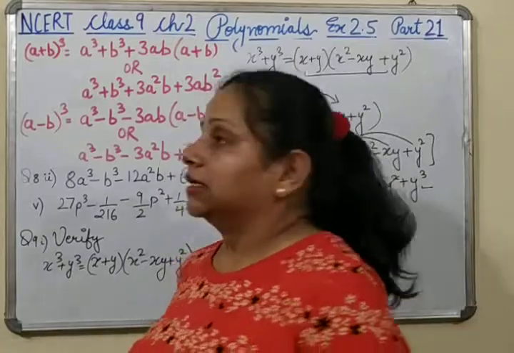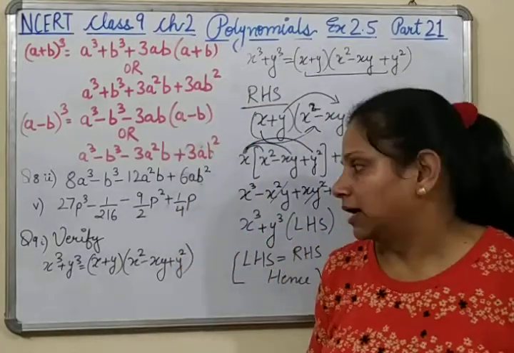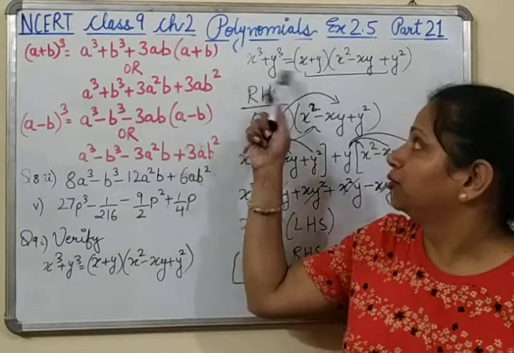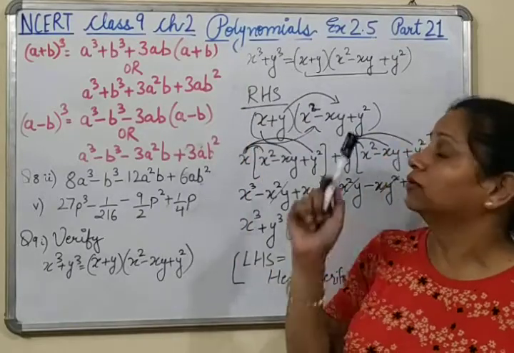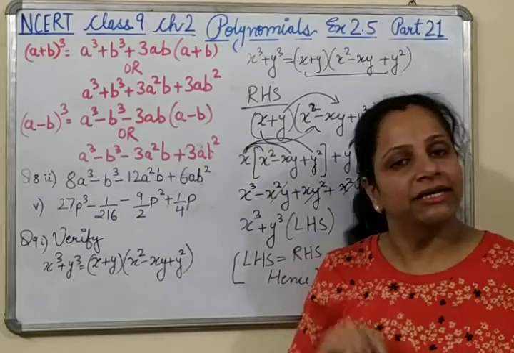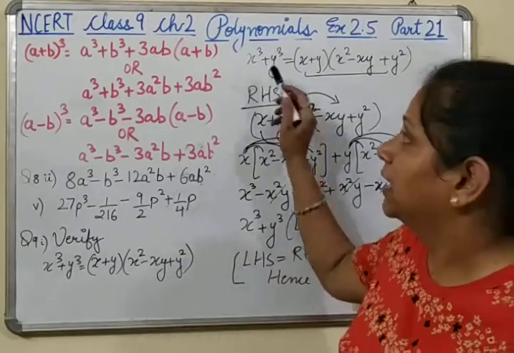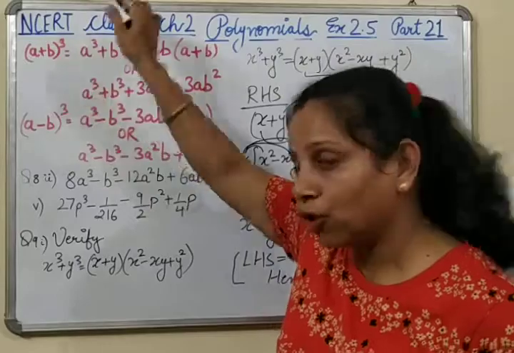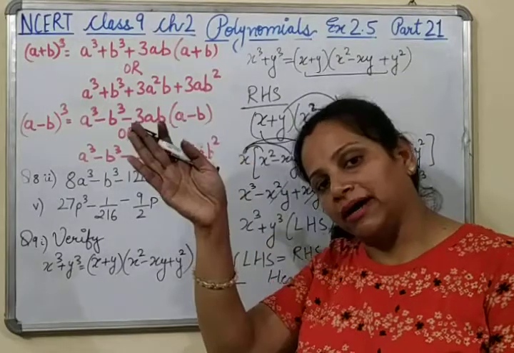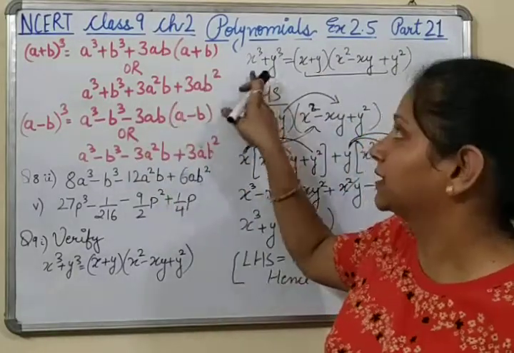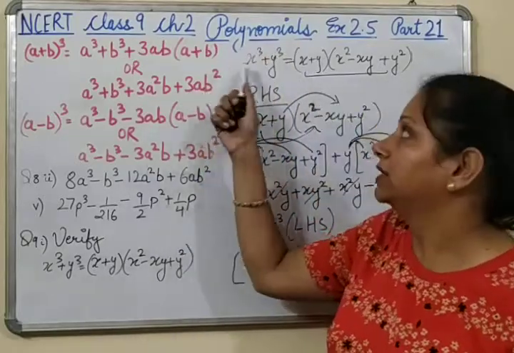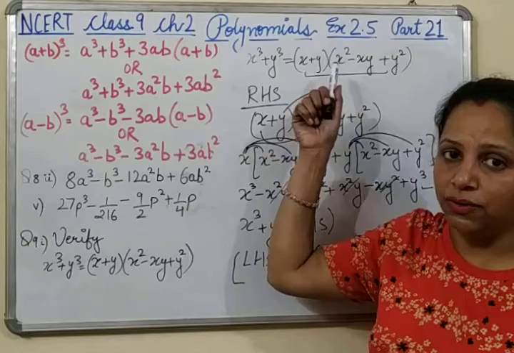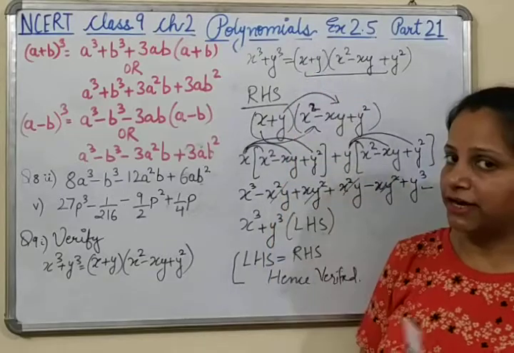Now, just one thing you have to remember is that you have proved that x cube plus y cube is equals to x plus y into x square minus xy plus y square. मतलब अभी तक आपने प्रूव करा था a plus b whole cube, जब दोनों अंदर है और whole cube बाहर है. But here it is x cube plus y cube. x का क्यूब है और y का क्यूब है और ये इक्वल है x plus y into x square minus xy plus y square के.